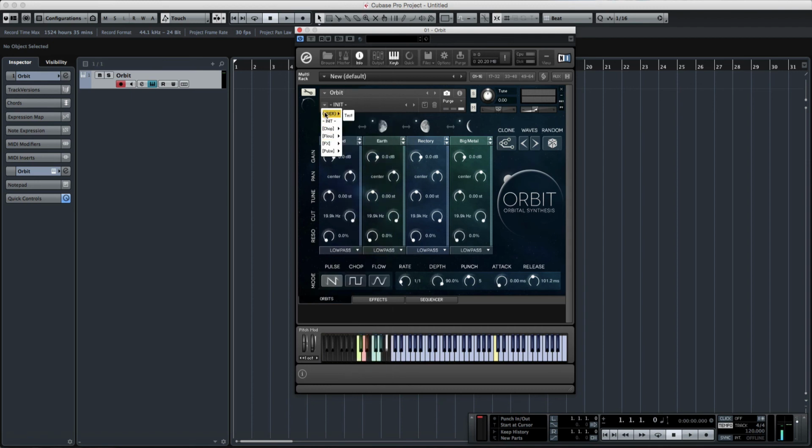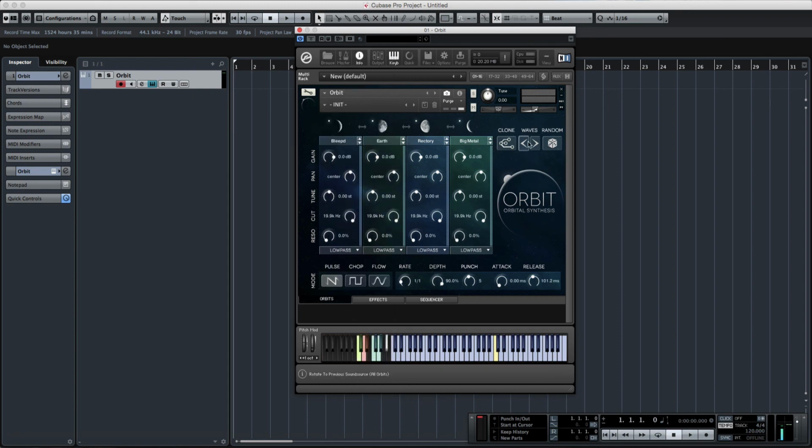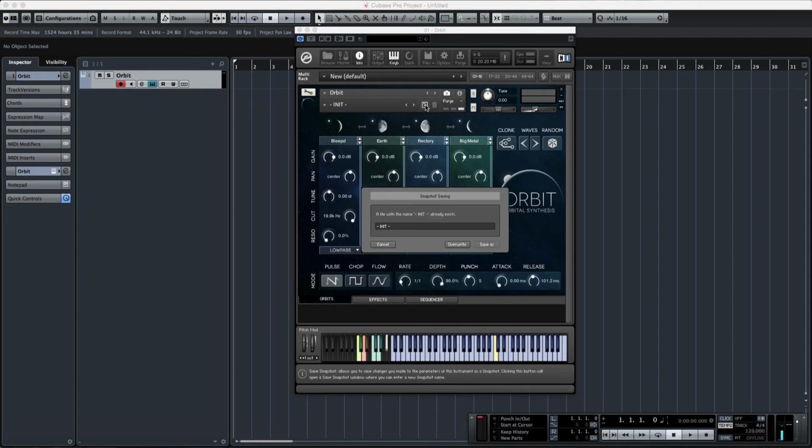So you can actually see what I'm showing you here right now. I have this little folder that I made. It's called User. So this will be a space where any patches that I create of my own, I can later go in and put them in my User folder. But for right now, we're back with our little pulse rhythmic figure that we just created. So now we want to save this. To do that with the snapshot feature, you come over to this little icon that represents a floppy disk, and you click on that. Now it tells you, since we started from the init patch, that a file with this name already exists. So now let's just rename it,